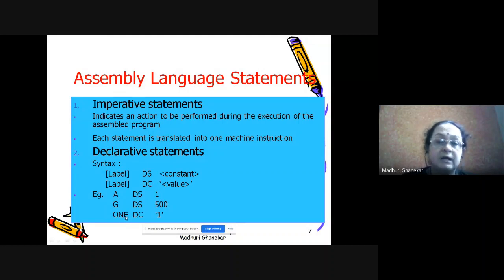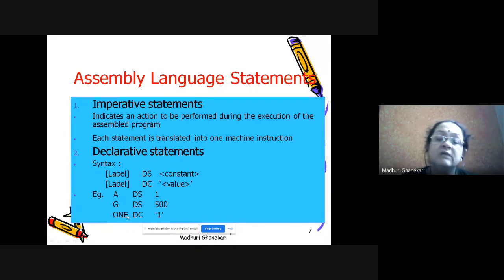Now, if I declare ONE DC 1, DC indicates declare constant. So ONE DC 1, I'll be declaring ONE as a constant with value 1. See the difference. Here it was the number of memory locations, whereas here it is the value.